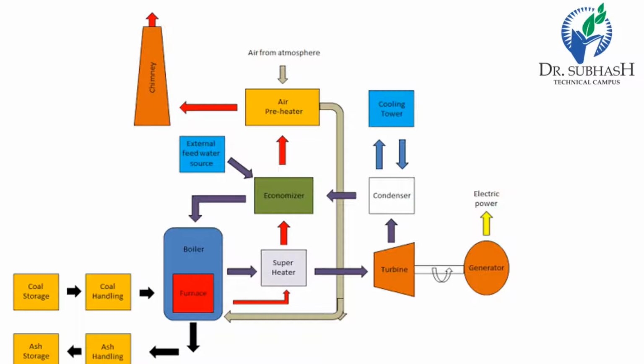The steam produced in the boiler is wet and is passed through a superheater where it is dried and superheated. After the superheater, it goes to the economizer. An economizer is essentially a feed water heater and derives heat from the flue gases for this purpose. The feed water is fed to the economizer before supplying to the boiler, and the economizer extracts a part of heat of flue gases to increase the feed water temperature.